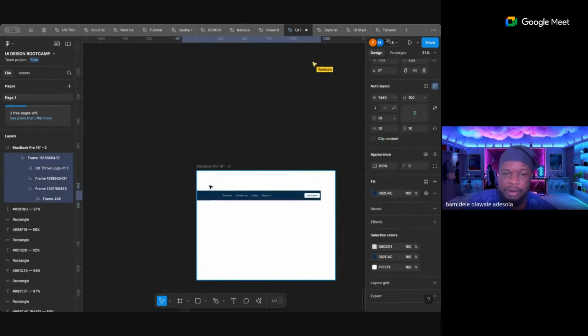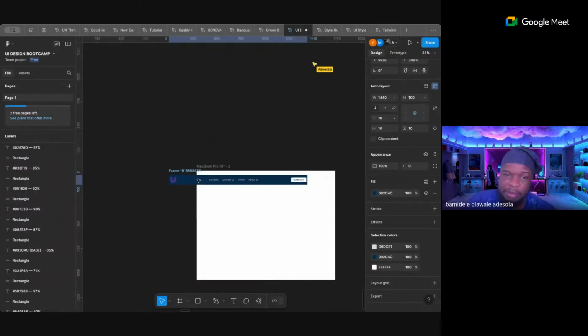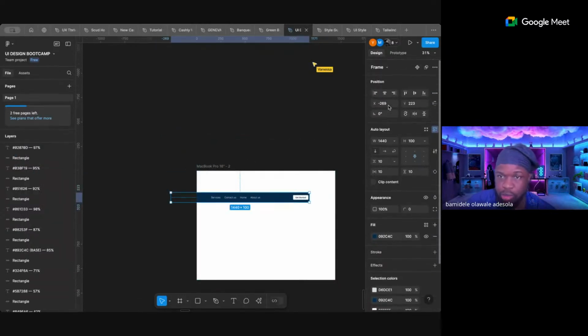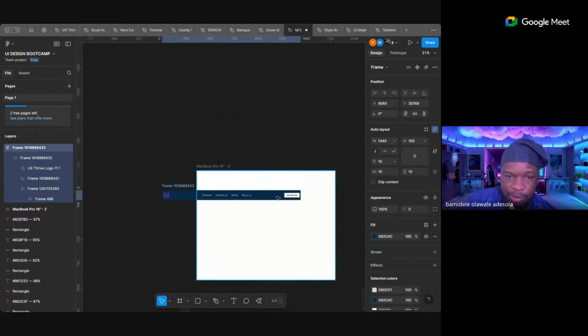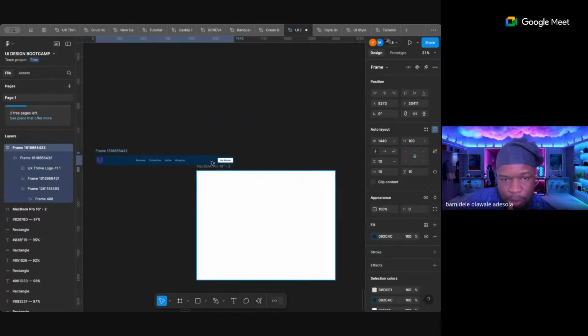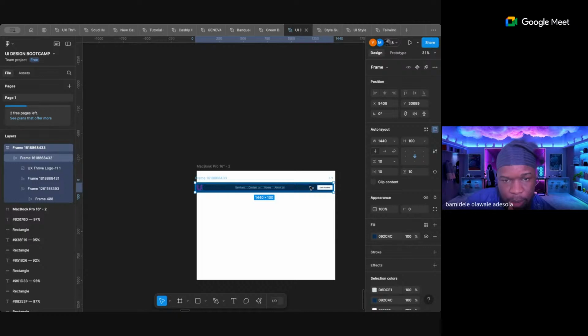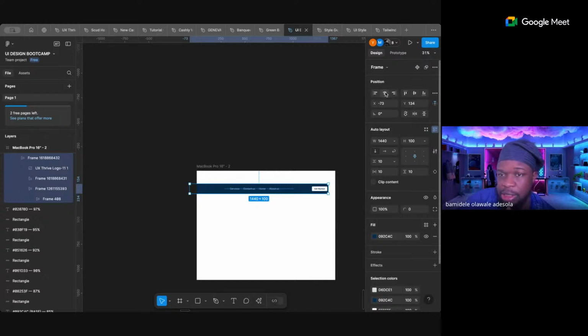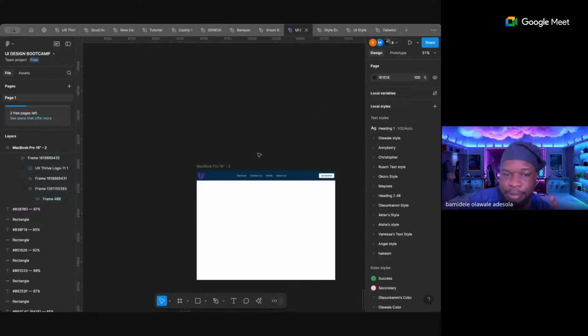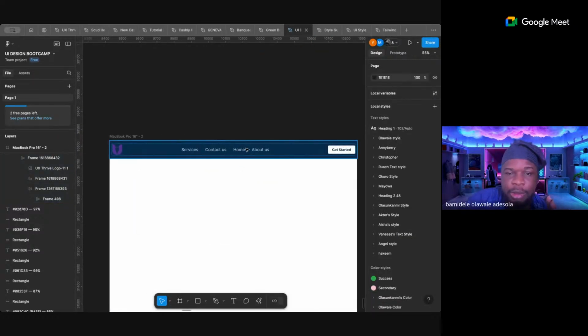Then put it inside our frame. Now, because our frame too is a frame, when you put it inside here, all you need to do, this is just an additional tip, you see these positions, that's what it means. It's inside it. All I need to do is, this is center alignment. I center it and I take it to the top. Bam. We have created our